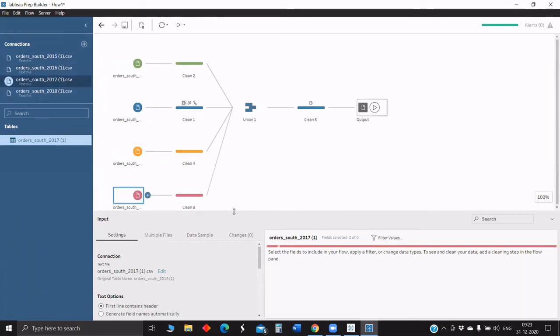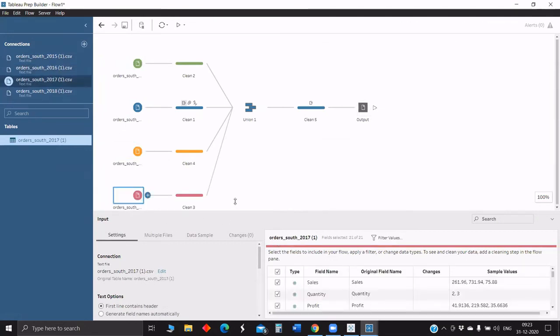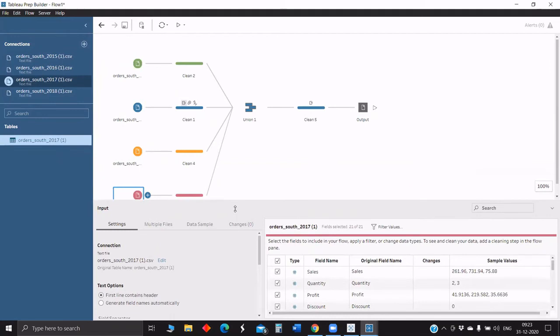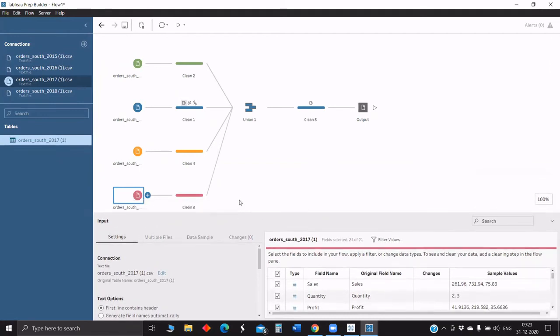But however, we can automate this refresh. Currently, I don't have much idea on this. Maybe in the next section I will try to cover more on how to refresh automatically. Next, currently we have seen the clean step; aggregate we haven't, then union, output.